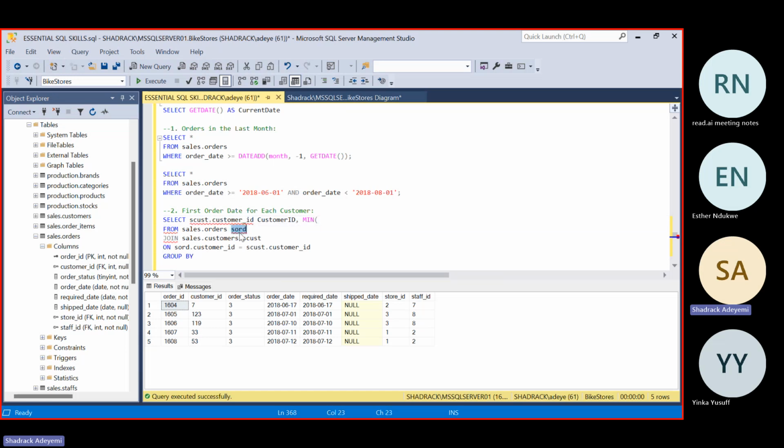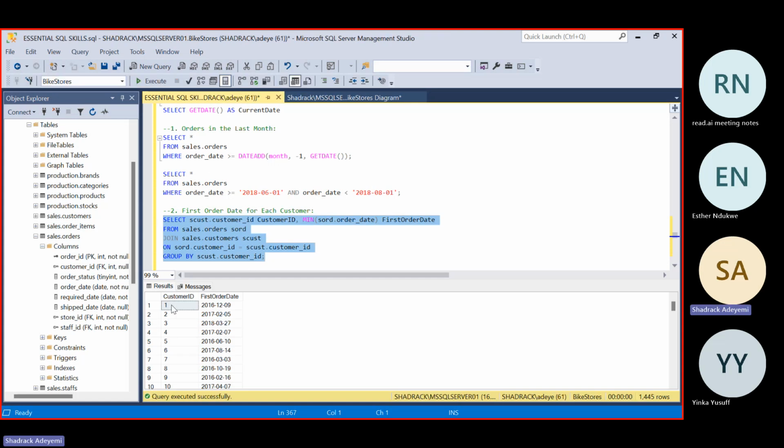The minimum date is sitting in the orders table dot order date. I hope I'm not misspelling this. Let's name this as first order date. So grouping by this, and we can run this.